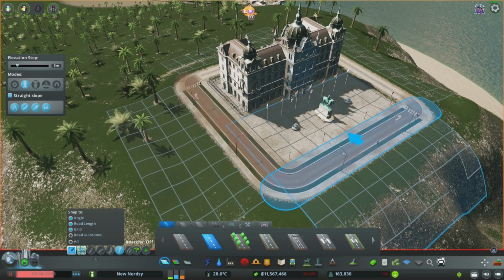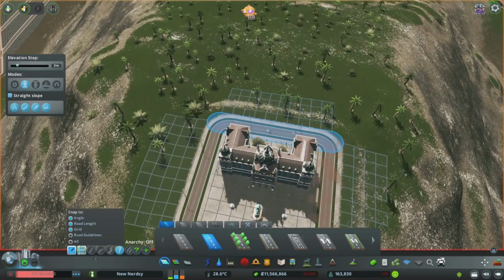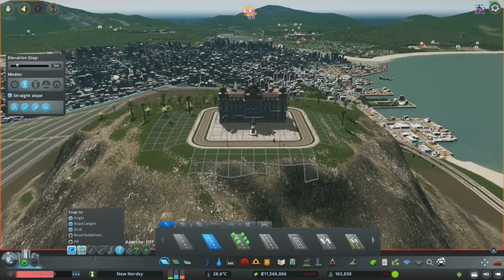I think we're going to turn this into normal roads just to get an idea of what this will look like. So something like that. And then...